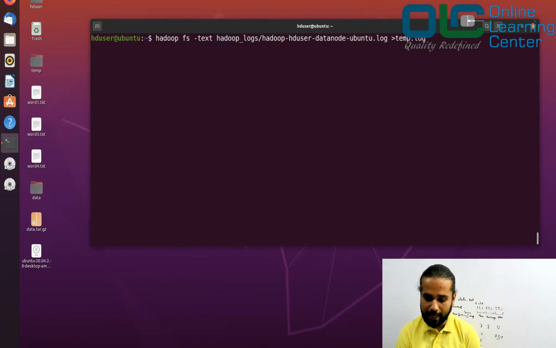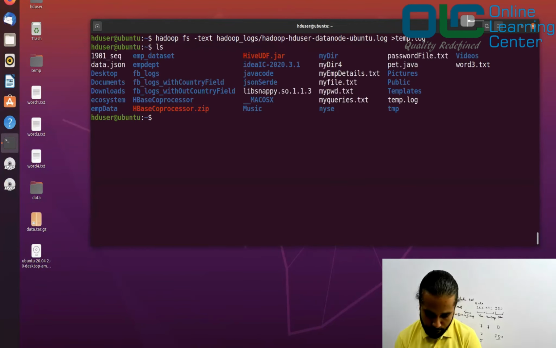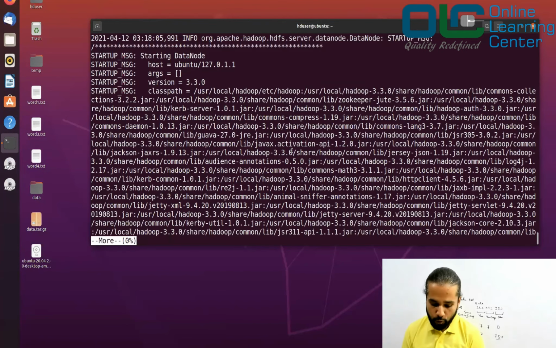It does not print, but it transfers the output to temp.log. Now you can just say ls, and you should see temp.log here, right? Then you can open this in vim if you want to see it, or whatever you want to do. Or you can say more temp.log, and this more command will help you to see the file page by page.